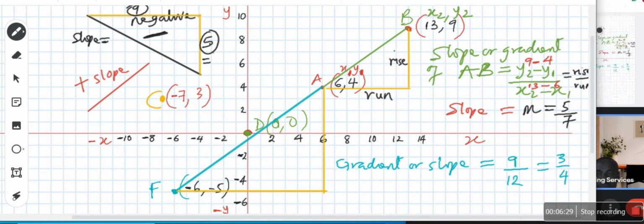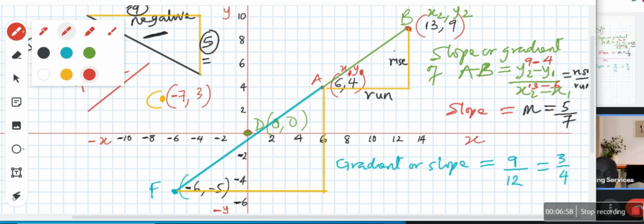The slope there will be 5 over 9, which is rise, the height, over the run, 9. But we're going to add a minus because it's sloping downwards. So it will have a minus. The slope is equal to